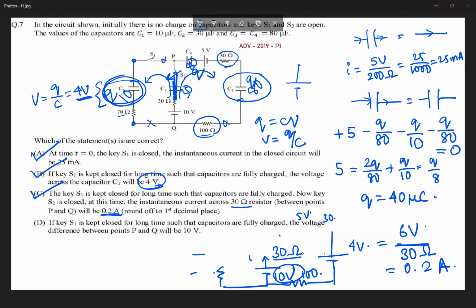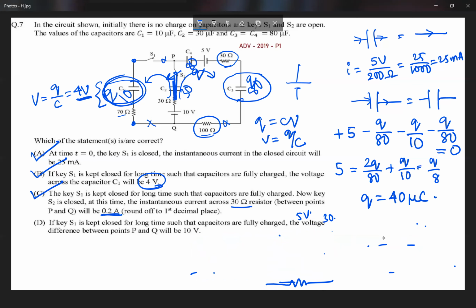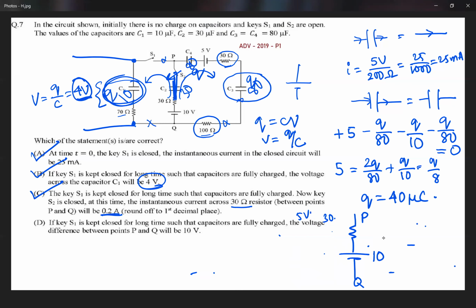Instead of doing so much, we could do a very simple thing. Instead of calculating through all the separate branches of the circuit, what we could do is to say that the potential between the top and the bottom part of the circuit is equal to 4 volts like we calculated. So ignore the rest of the circuit and simply draw the part PQ. So P is at the top, Q is at the bottom, and there is a battery over here. This is 10 volts. The potential at P is already 4, the potential at Q is equal to 0. So it's equivalent to having a 4 volt battery in the opposite direction.